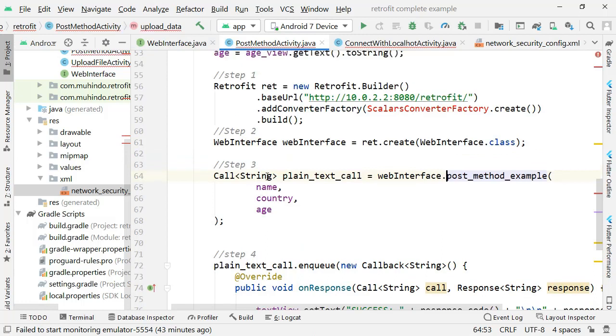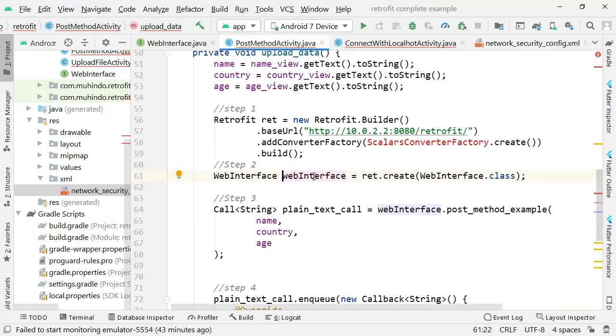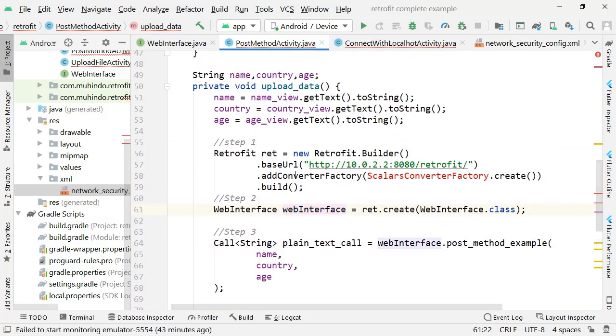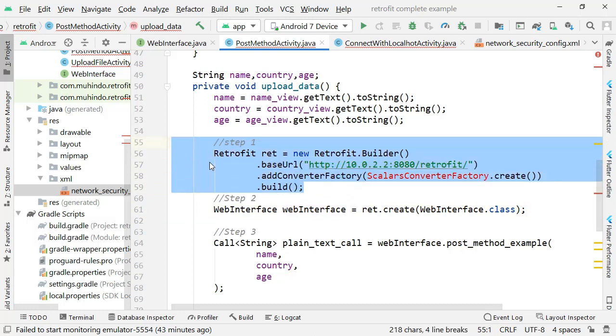Okay, so we begin by creating the interface itself, and I'm going to show you the steps we use to create the interface. Okay, so we have steps. Step number one,